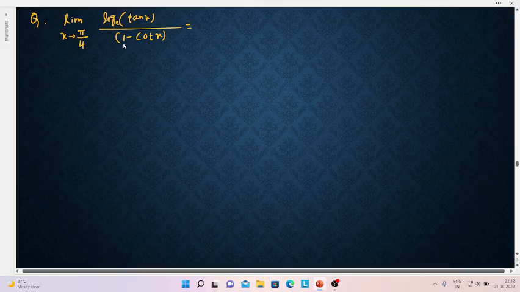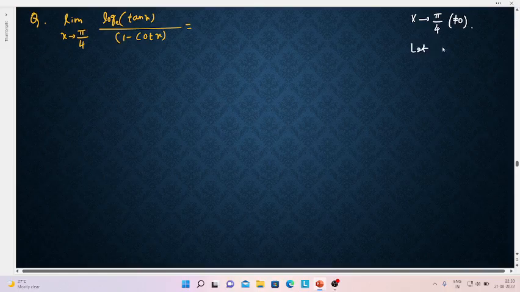So what about the denominator? When you put x equals pi by 4, cot pi by 4 will become 1, so it will be 1 minus 1, so the denominator will also become 0. So it is of the form 0 over 0, but here you can see that x tends to pi by 4, right? And pi by 4 is a non-zero number. Since pi by 4 is a non-zero number,